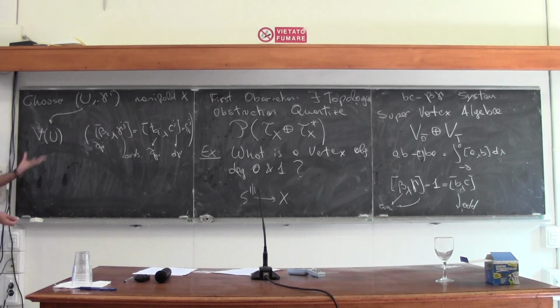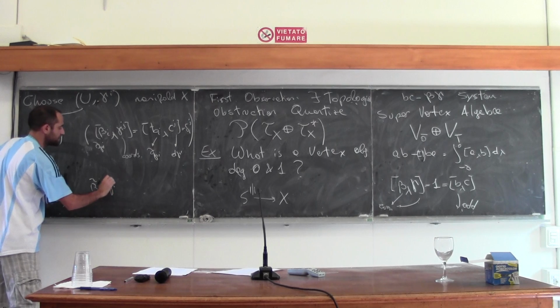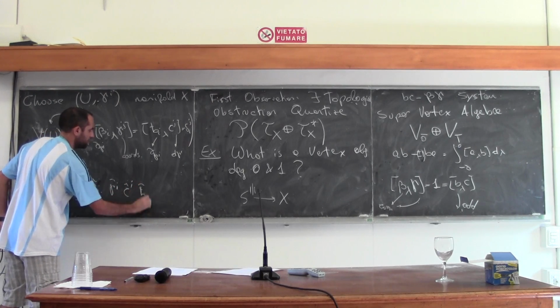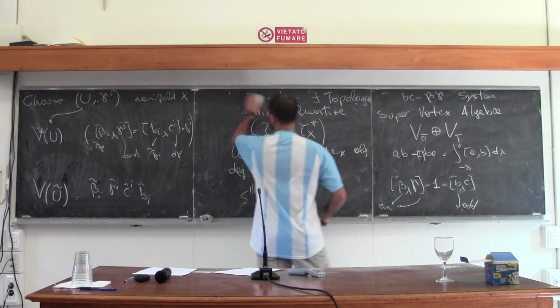Okay, so now I want to glue this theory in a different patch. I have a free field theory on the patch U, and I want to glue this to another free field theory on the patch U tilde, where I have also my fields, beta tilde I, gamma tilde I, C tilde I, and B tilde I. So what do I need to check? I need to check that